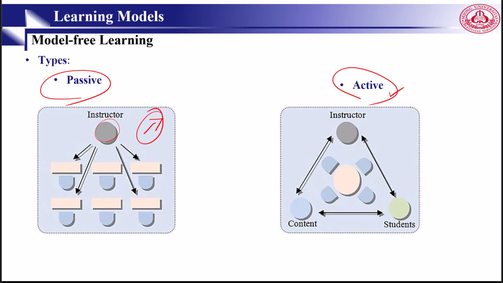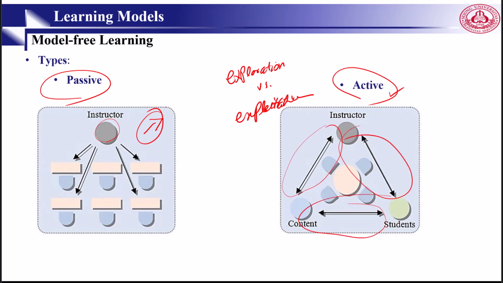However, in the case of active, the agent makes choices about what to do because there is no fixed policy that it can act based on. The fundamental trade-off is needed: exploration vs. exploitation. Right? Exploration and exploitation. This is not offline planning. The agent actually takes action in the world and tries to find out what happens.